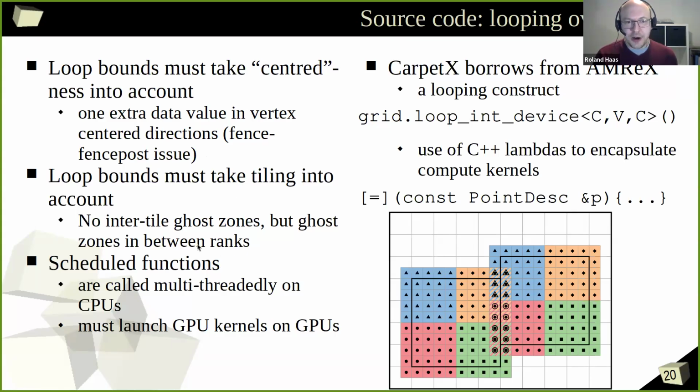And you must take tiling into account if you're doing this on a CPU, because the tiles, these different colored blocks, blue, orange, green, and red, as you can see, have no explicit overlap because you're in the same memory region. You can just access your neighboring tile, and that's great for ghost zones. But if you're at the edge, then of course there is no neighboring tile. You actually have to reach out over the network to your neighboring processor. So the tiles are not all equal. There's an inter-tile boundary and an inter-processor boundary. So we borrow some context from AMReX to handle this. There is a looping construct, loop and